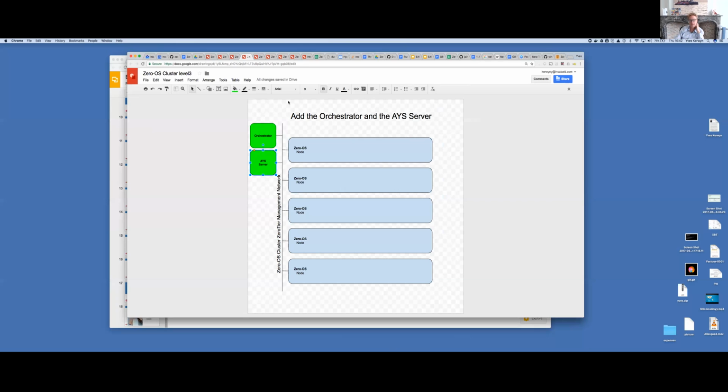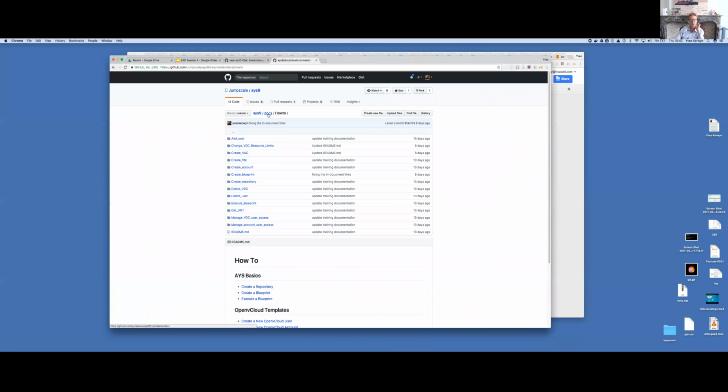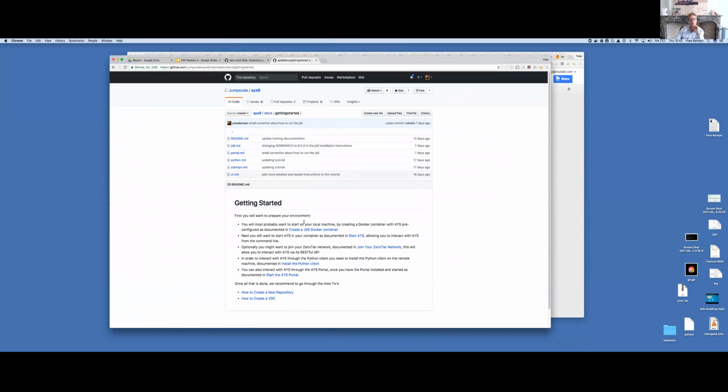You remember in what I just showed you, the documentation here, this documentation I showed you in the at your service 9 documentation. I need to share this link too. In the getting started, I say that you have to go through several steps. One of the steps is create a JumpScale 9 Docker container. So that's what I've been inviting you to do already multiple times in my slide. The next step is to start at your service. That's what you will learn in the setup in the next week, but you could already check the documentation how to do that. The next step is then typically to join the zero-tier network so that you can interact with